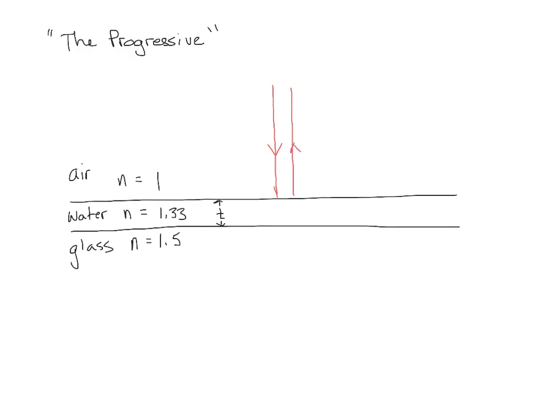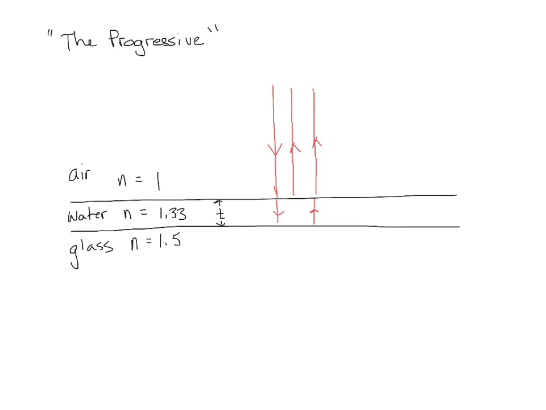But then also, some of that light would go down through the water, and then it's going to reflect back up. Once again, it'd be right on top of itself. I'm just showing it off to the side. And then it's going to come back out. And so once again, all these rays are going to be right on top of each other. So those two reflected rays have the opportunity to interfere with each other, either constructively or destructively, depending on the